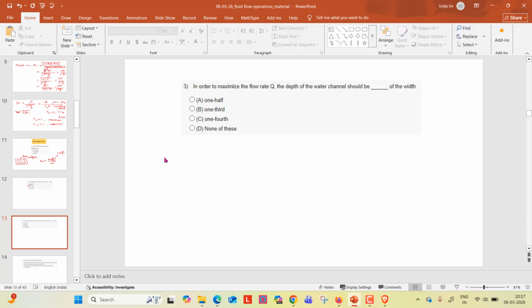So flow rate is Q equals VA, right? So Q equals VBH. B is width, H is height. So in order to maximize the flow rate,